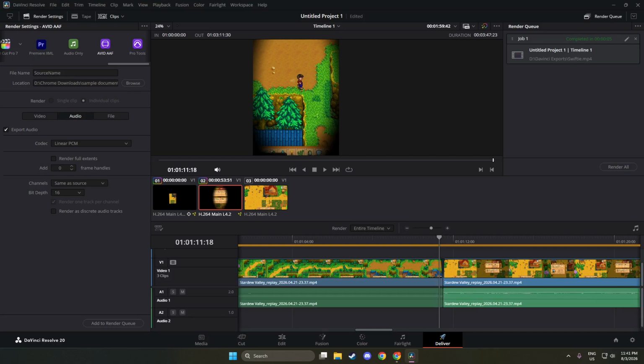Finally, click Render All. The Render Queue will start processing, and you will see a progress bar and time remaining next to your job. When it completes, the status changes to finished, and your AAF file and audio are now written to the export location you chose. You have just exported an AAF from DaVinci Resolve that is ready for handoff to Audio Post or Pro Tools,